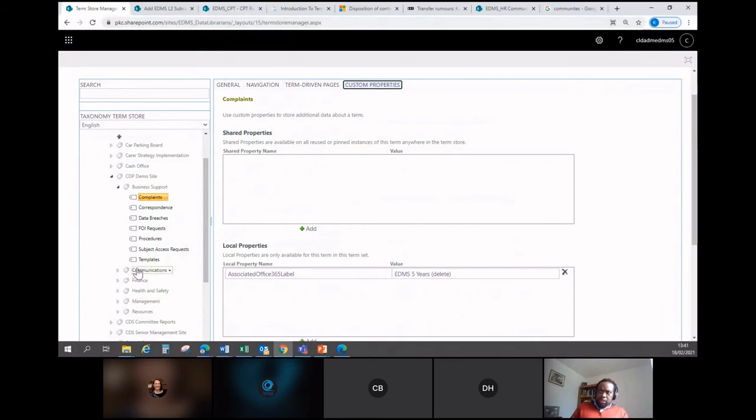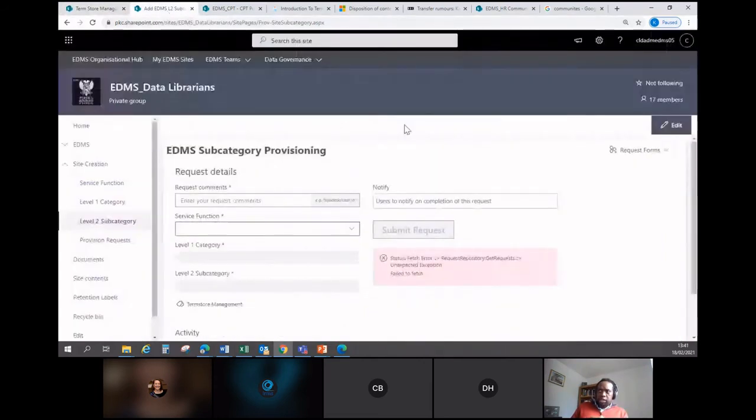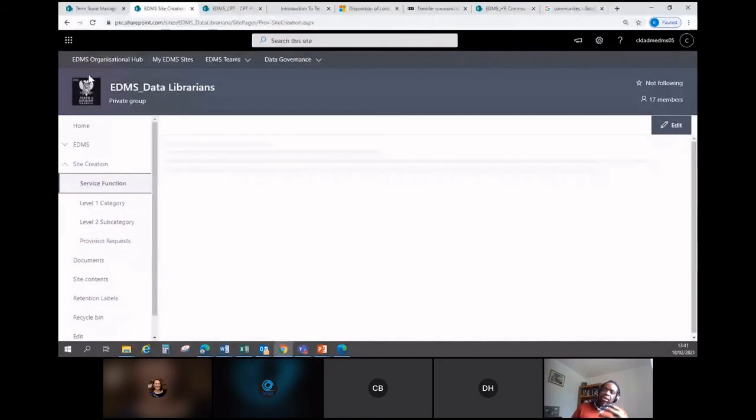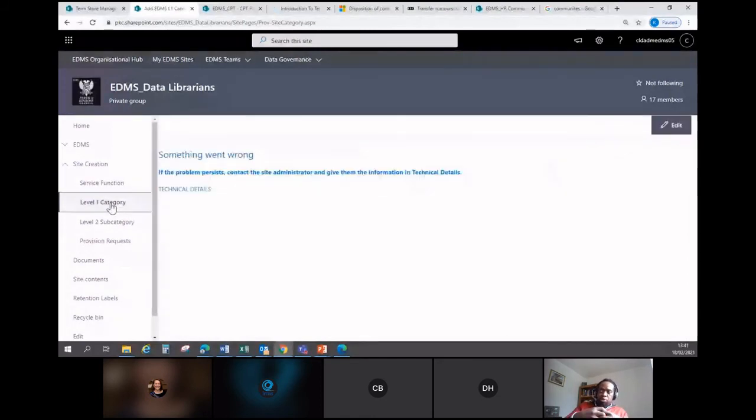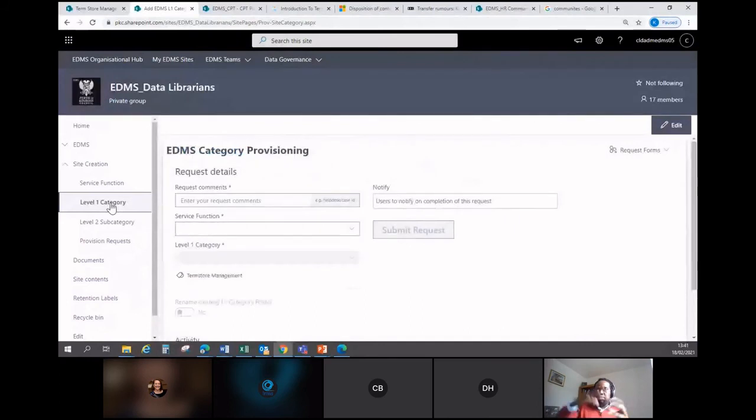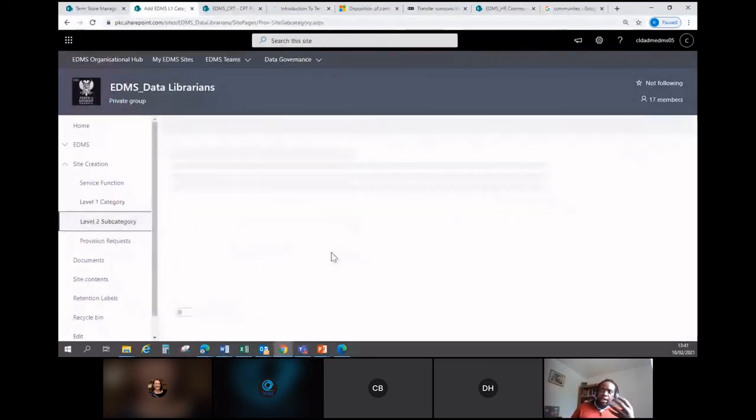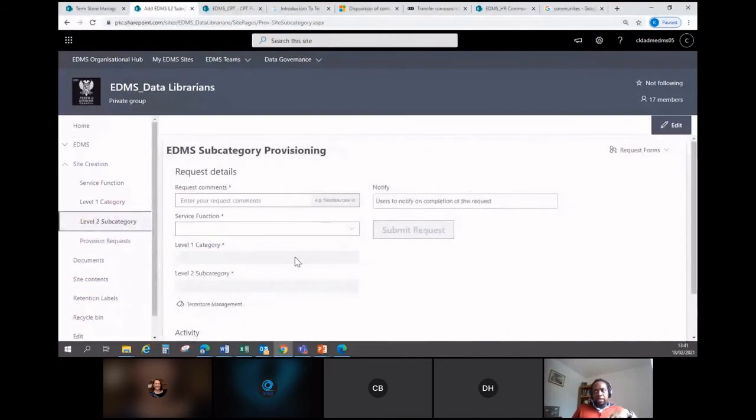Once we have built this and applied all the labels to it, we're then able to go into this area, which is data librarians. As you can see, the site only has 17 members, but is actually used by about 5 of them. And within here, we have built in a workflow that does the provisioning, and that allows us to provision at a service function level, where we provision an entire site, at a level 1 level, where we provide based on a team adding the first folder, and at the second level, where a team applies the subfolder, which is where we've said that the